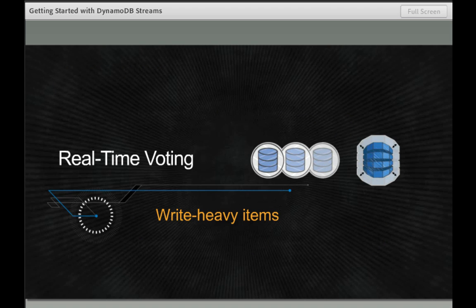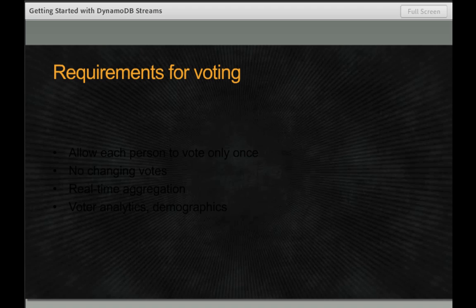So let's take all this together and look at how it works in a real application. Let's take real-time voting as an application. A lot of websites like to maintain real-time voting infrastructure for various reasons, and some of the requirements